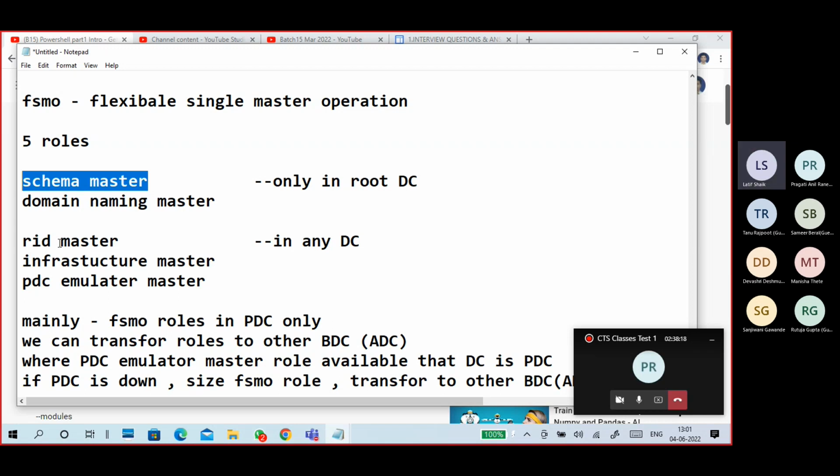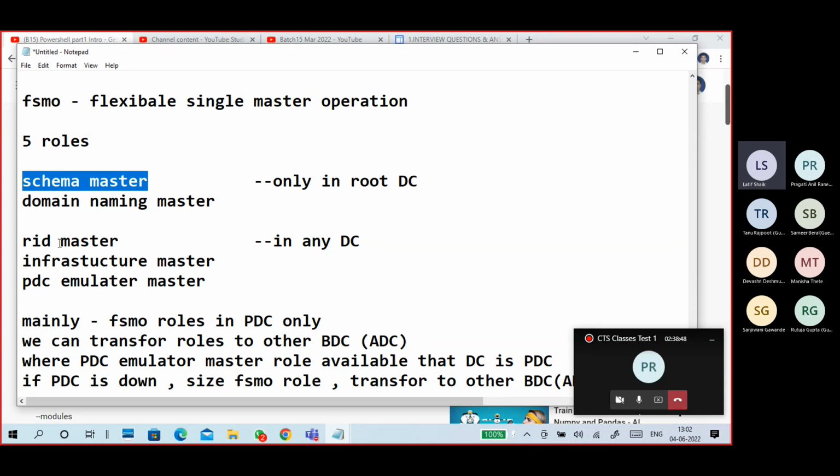Infrastructure master: when you do inter-domain communication within the forest, from one tree to another tree, one child to another child, or one domain to another domain, the SID verification is done by the infrastructure master. User identification is verified by the infrastructure master.